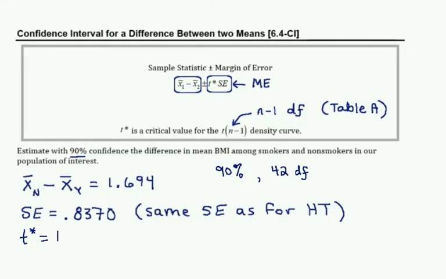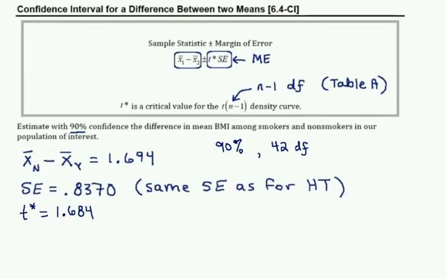So 1.684, coincidentally kind of close to my sample statistic of 1.694, but those two of course aren't related at all. And now we can put together our confidence interval with the sample statistic x bar n minus x bar s plus or minus the margin of error, where of course the margin of error I calculate as t star times the standard error,